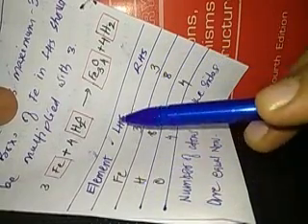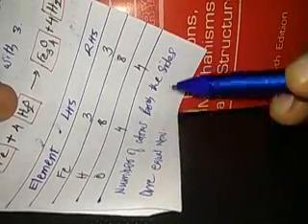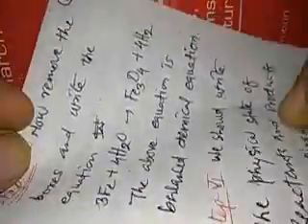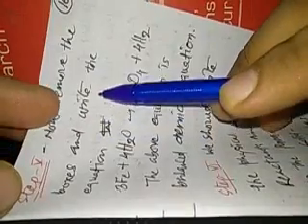Now if we compare elements, iron left hand side 3, right hand side 3, hydrogen left hand side 8, right hand side 8, oxygen left hand side 4, right hand side 4. So the number of atoms on both sides are equal now, and we can go for the fifth step. Now we can remove the boxes and write the equation as 3Fe plus 4H2O gives Fe3O4 plus 4H2. The above equation is the balanced chemical equation.